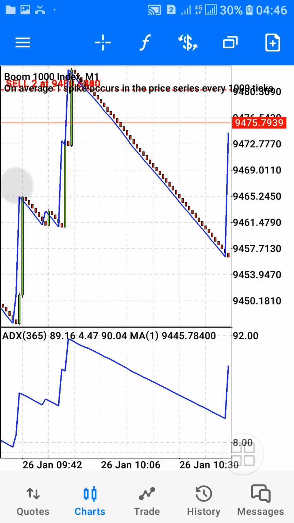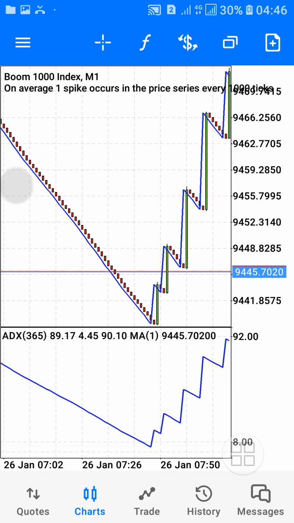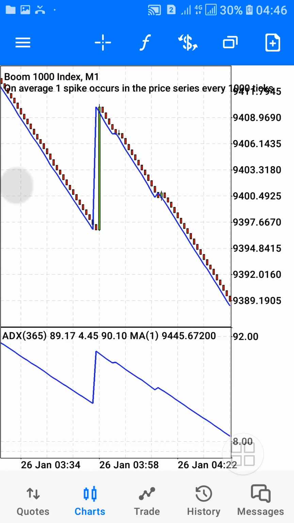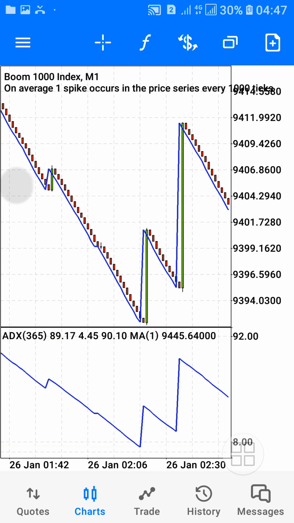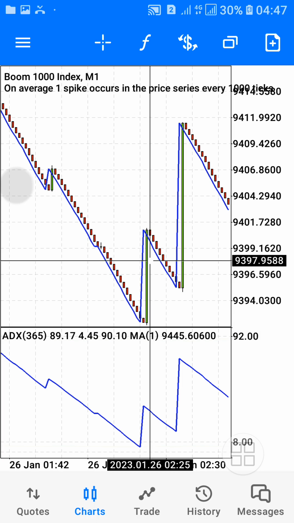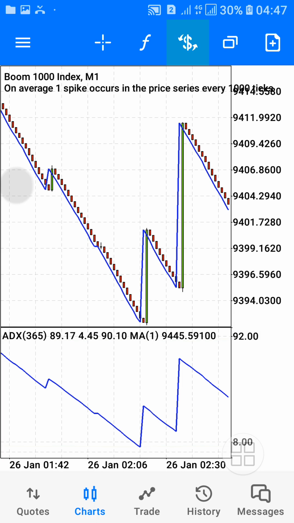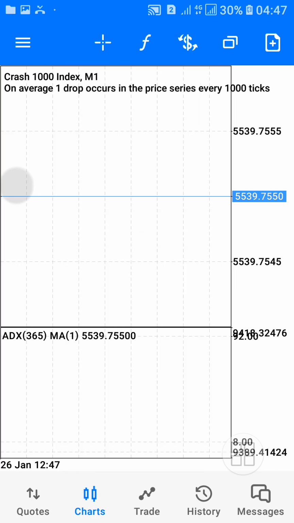But I also tell you this: you should also try and be looking at a higher time frame. That's why I was using the 15 minute time frame to do all of this. You can see all of this. If I backtest, we keep saying that whenever this market gets to a selling area, it will drop from there. Whenever I see the moving average in window 1 move to this area, it will start spiking up. That's how I do it here. You can apply this in Crash too. It works the same way.